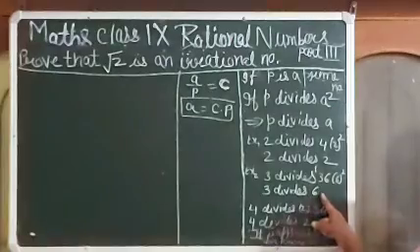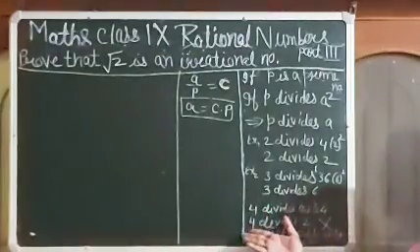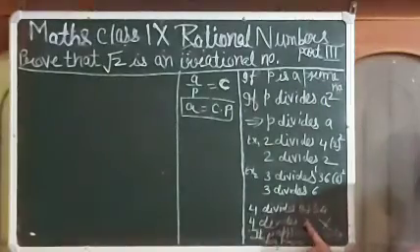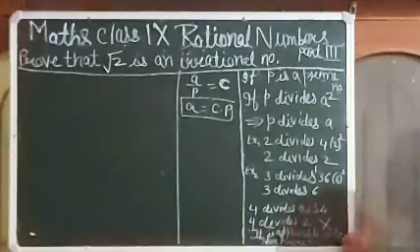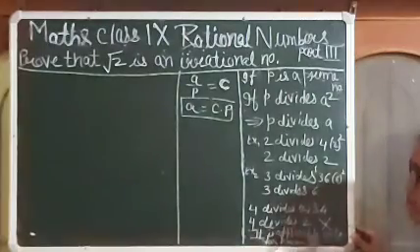You will ask me, madam, does 4 also divide? No, we will see that example. See, 4 divides 4, we get the answer 1. But 4 does not divide the square root of 4, which is 2. It means 4 does not divide 2. So this is only applicable for a prime number.